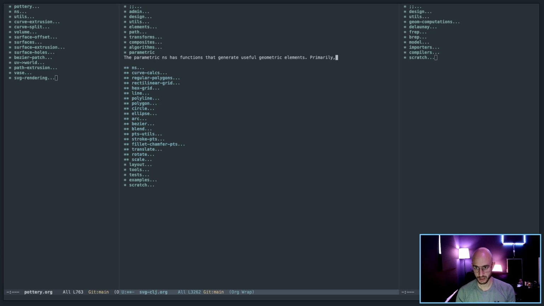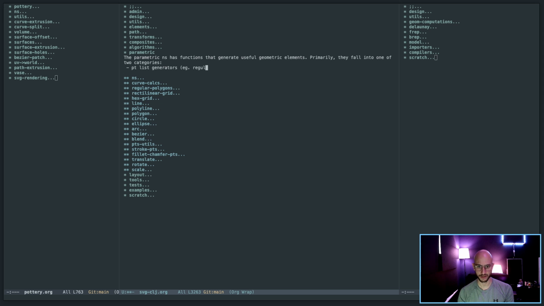Primarily, they fall into one of two categories. Point list generators. Example, regular polygon points. And the second type of thing is